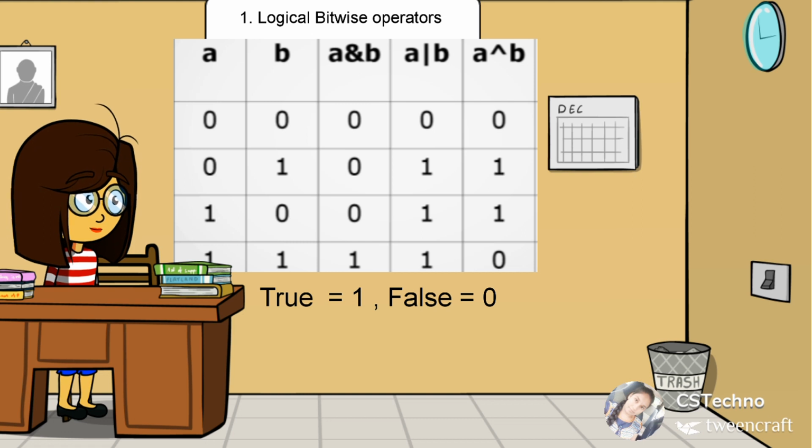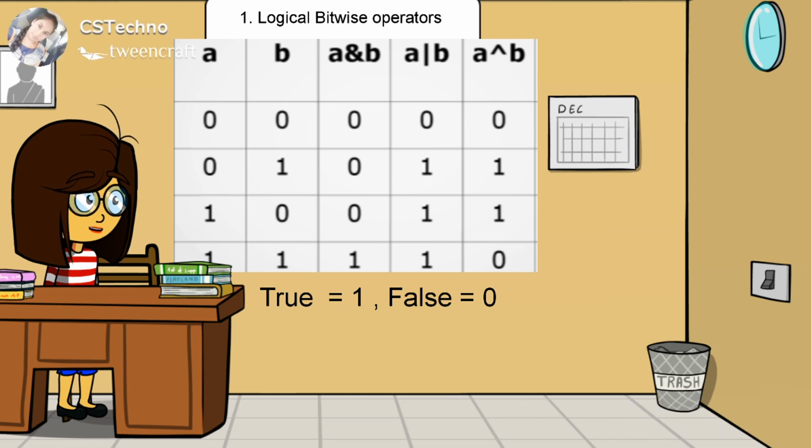So the AND operator returns the value true. Next we will see the operations of the OR operator. What is the rule of the OR operator? It returns true if any one of the operands is true. So see this table. First, A and B are both 0, which means false. So the OR operator returns false. Next, A is 0 and B is 1. So the OR operator returns 1. The third, A is 1 and B is 0. So the OR operator returns 1. The last one, A is 1 and B is 1. So the OR operator returns 1.